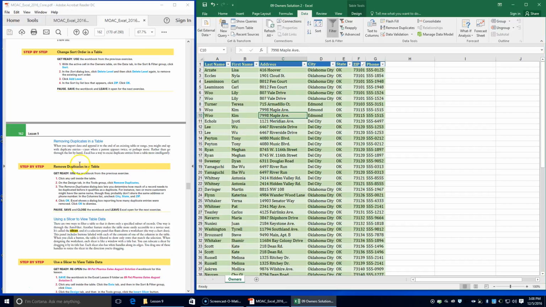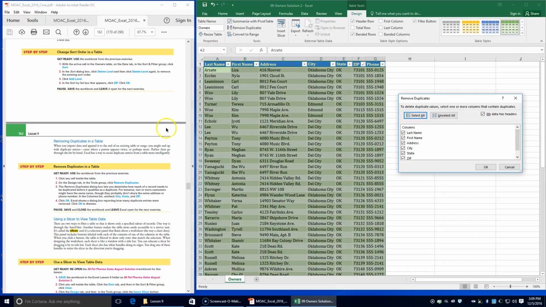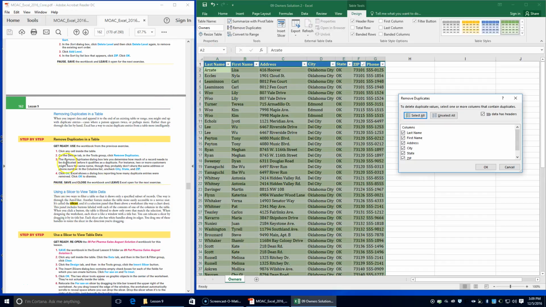So click in any cell inside the table, and on the Design tab, in the Tools group, we're going to click Remove Duplicates. The Remove Duplicates dialog box lets you determine how much of a record needs to be duplicated before it qualifies as a duplicate. For instance, two or more customers might have the same name, though they probably don't share the same zip, same address,